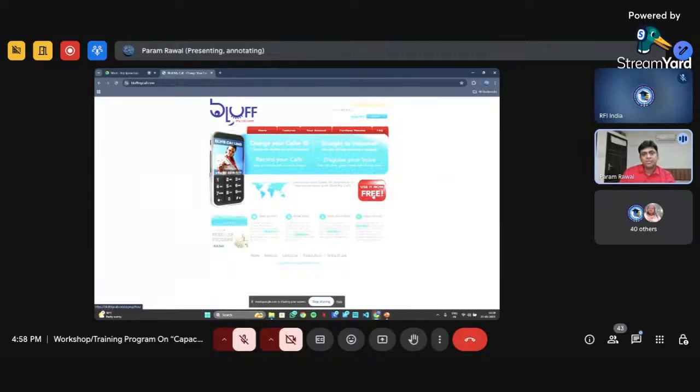It is free. You have to create an account first. Once you create your account, just change your caller ID, which means you can flash any other person's phone number. While you are calling someone, the phone is connected through your local phone, but the other person may think it is coming from the UK, US, Europe, Spain, Japan, Mauritius, or any other country. You can even flash a celebrity's number if you know that number.